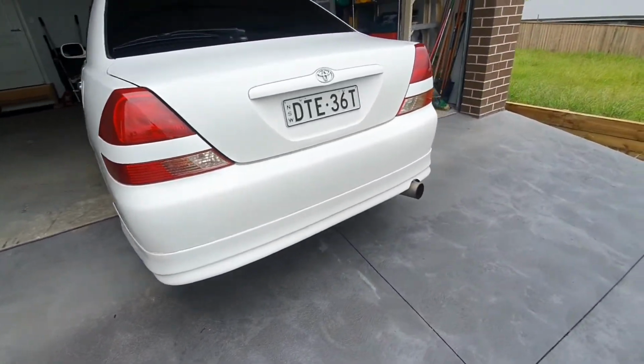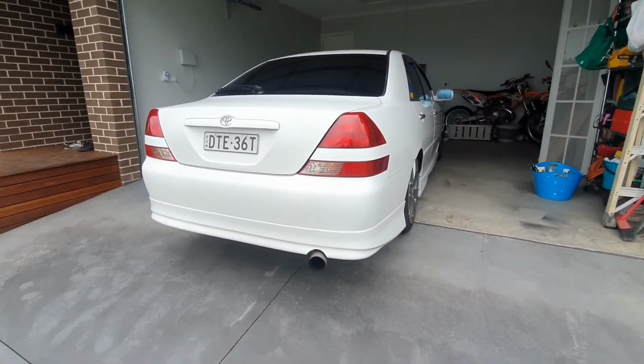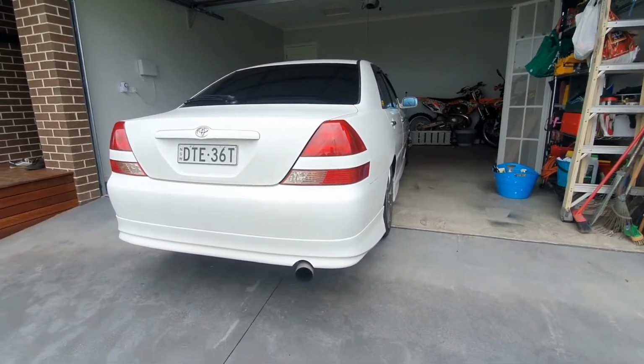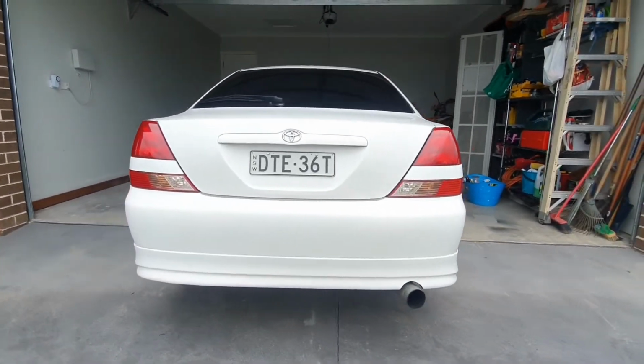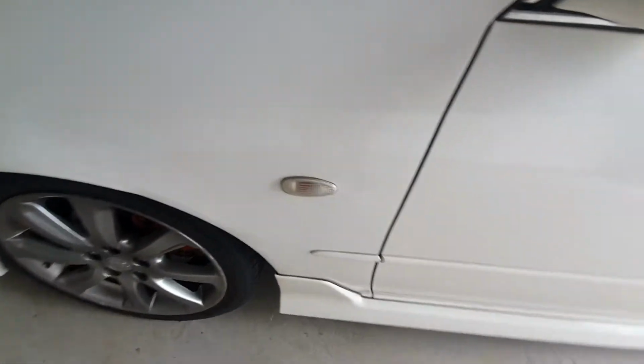Just did the tail lights. They turned out heaps better. These are probably my favourite feature on this model. I like the rear end of this car, so yeah, definitely made a difference. I didn't think they were that bad, but they're heaps cleaner. Looks so good. While I'm here, I might as well do the